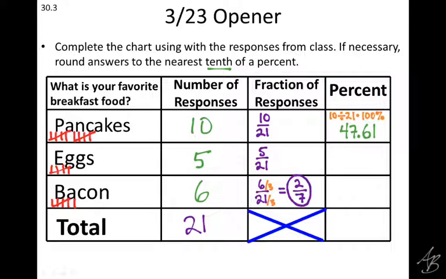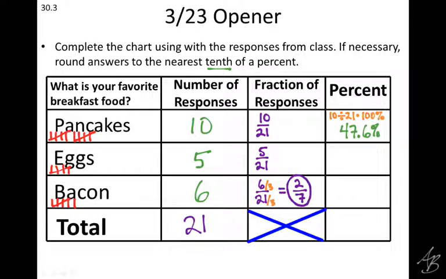We're rounding to the nearest tenth, right? So we're rounding to the tenths place, which is that 6 there, and the only thing I need to round to the tenths place is the hundredths place. So we look at what's in the hundredths place here, this 1, and that's going to tell me that the 6 does what? It stays the same. So we can just leave that off now. So we get